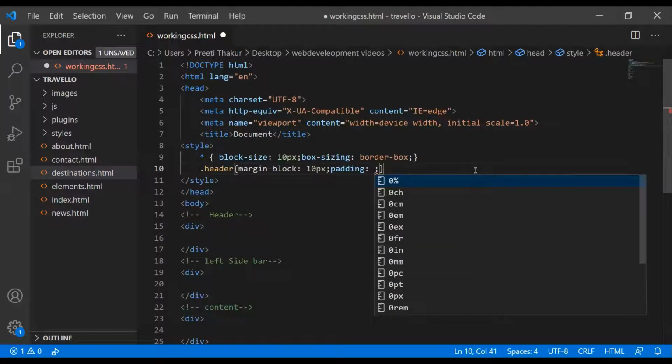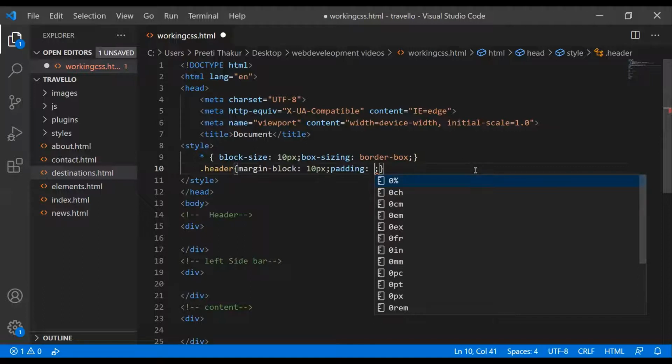Guys, these things, margin and padding, you can understand when you read about the box model of web development. So what is the box model? The main center part is the content, after which the distance between the border and the content is called padding. Whenever you give some padding, there is a gap between the border of the block and the content which you have written, and after that the gap between the border and the other blocks is called the margin.